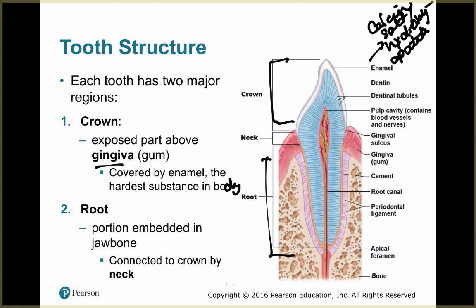So enamel is not replaced. Enamel producing cells actually degenerate when the tooth erupts. So no healing if the tooth decays or cracks. You need it artificially replaced by a filling, right? We know this. And so you can see the enamel here, and then on the inside, basically you'll notice the